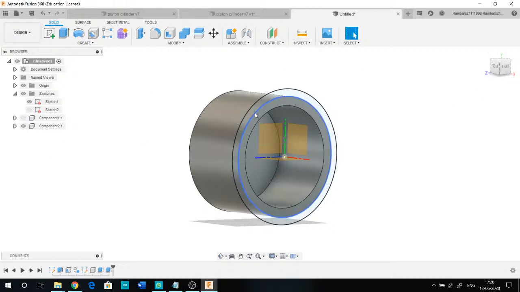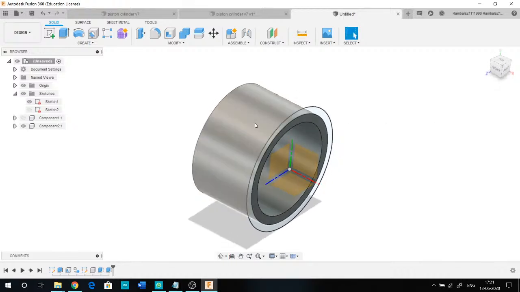Actually, if you have seen pistons, you will have a ring kind of thing for putting gaskets, because if you want to compress something, it shouldn't escape through the clearance, right? For those gaskets, you will have some groove cut on this piston. So what we will do is,